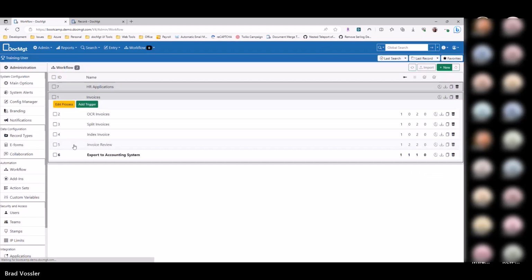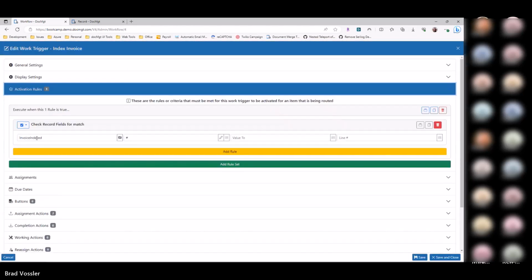So let's say, for instance, the invoice review, somebody finds a problem, okay, and they want to have it re-indexed. Okay, let's just say that this indexing step can be redone over and over again until they feel satisfied. If you look at the invoicing indexing step, what we're looking for here is invoice index equals blank. Now,